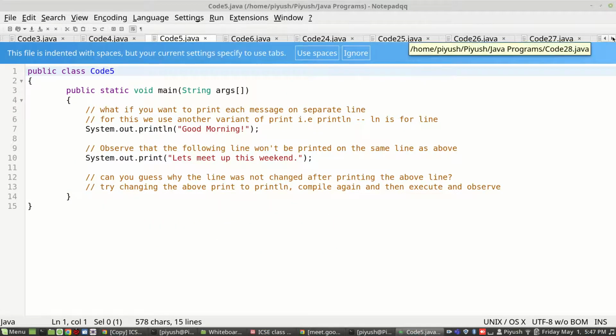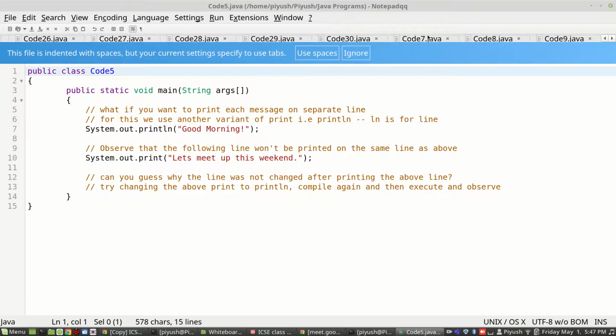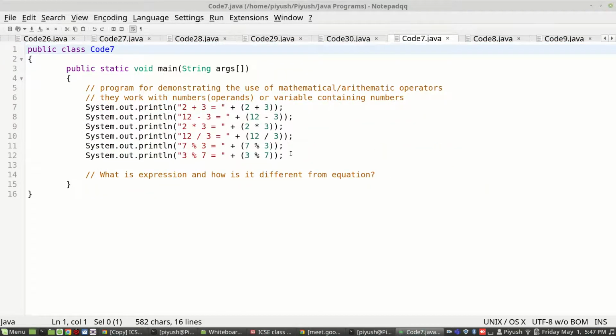So we saw we can find the result of 2 plus 3, just like arithmetic operators, and when you are concatenating, that should be enclosed within simple brackets. So these things we saw. But can you tell me any of the drawbacks that you can find in this program?